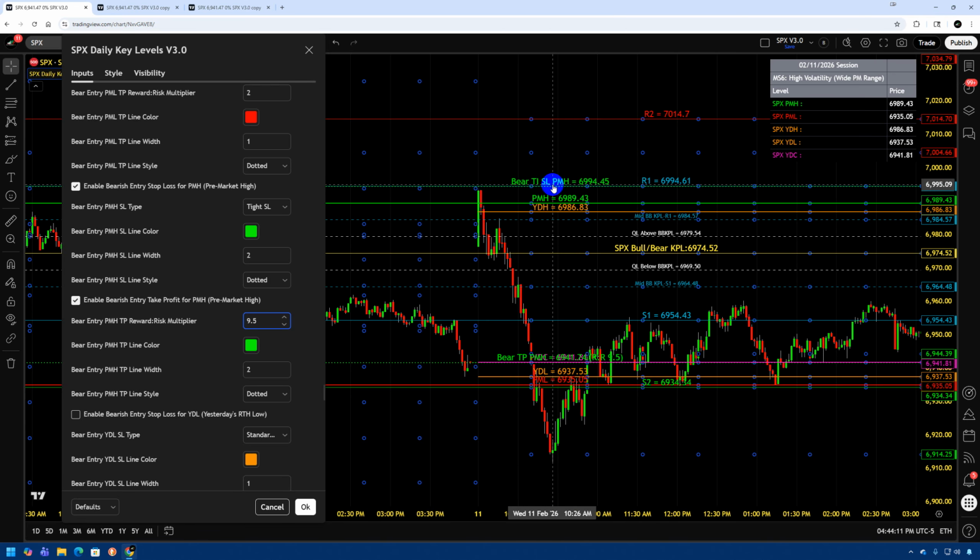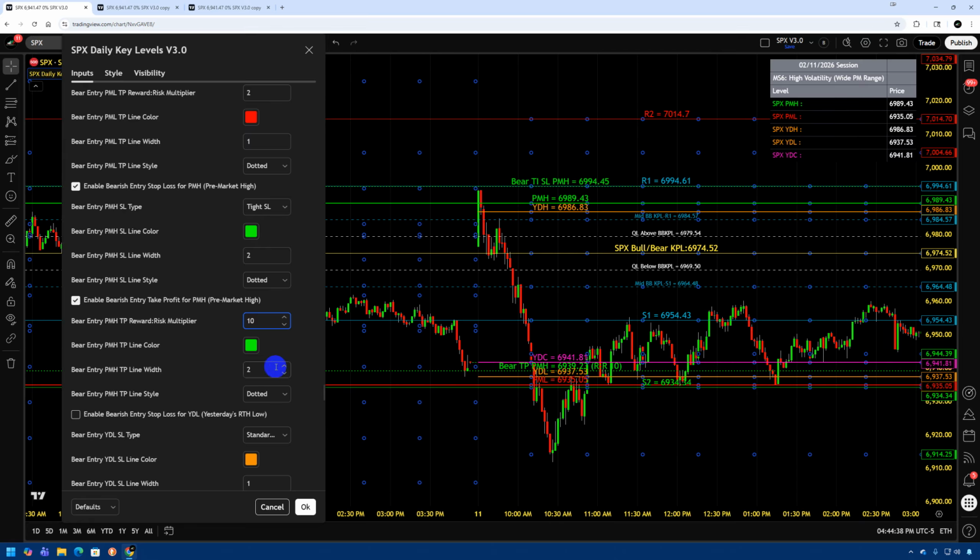So that is with a tight stop loss. Remember, this is 9.5 times the risk on the tight stop loss. Now, if we go all the way up to 10, then we'll be almost at YDL. Now remember, this is 10 based on the